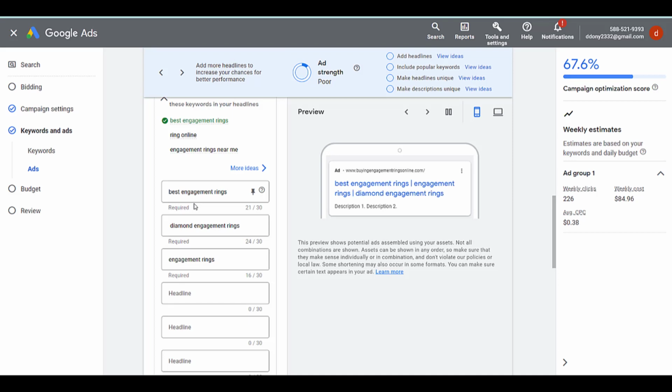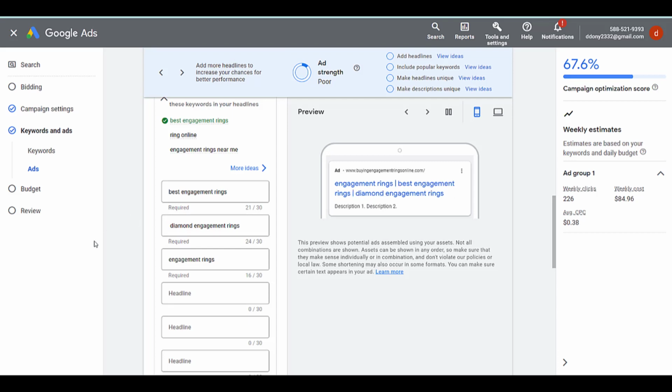Include a strong call to action such as shop now for the perfect engagement ring or find your dream ring online today. You can also mention any promotion or discount that you have available or any guarantee that you offer to customers.